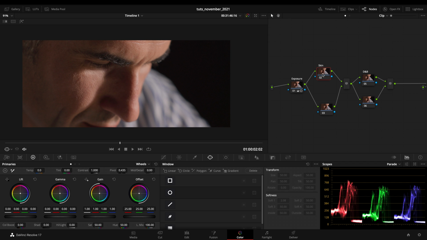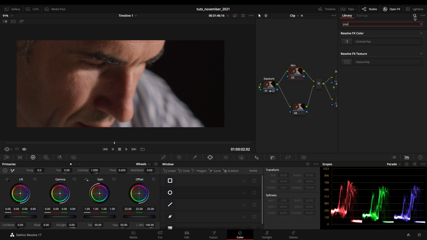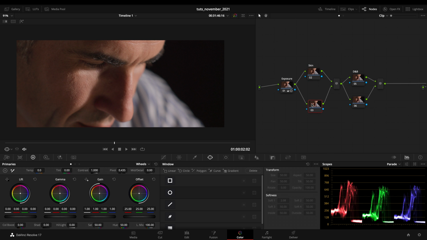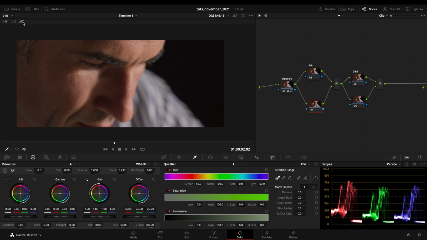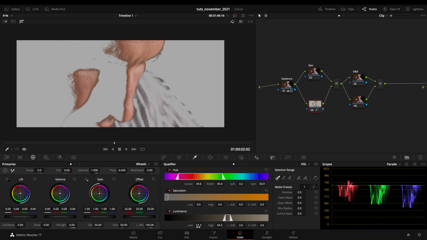And frequency separation could be done in the same way I might work with it in Photoshop, so with multiple layers, multiple different blendings. But actually we got inside DaVinci Resolve a free plugin called Texture Pop that we're gonna see in a second. And on the other parallel, by being color managed inside Resolve, you can just do some qualification. So you might need some specific areas of your character, I might say some highlighted part of your skin,